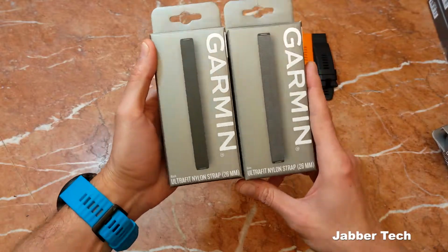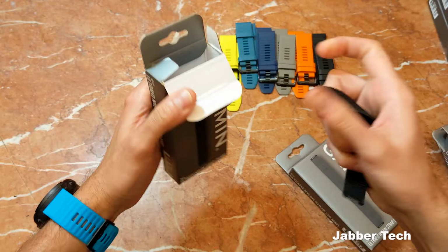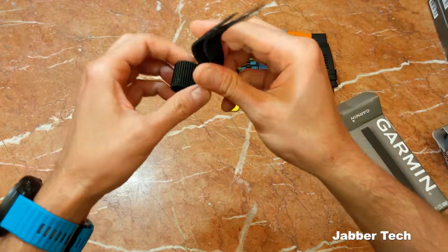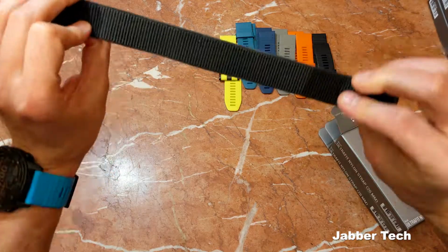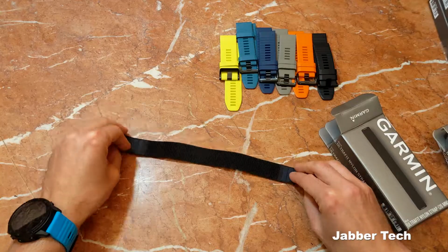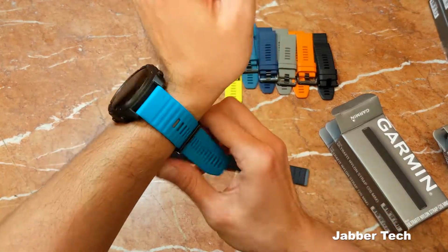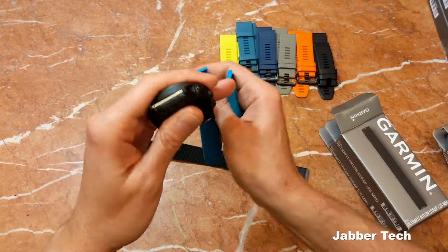Let's take a look at the UltraFit Nylon Bands. Now this is definitely something different. This is really a different style than I thought it was going to be. It's more just like a strap. You can see it has a little bit of stretch to it. So this is definitely a different style than what I've ever used on a watch before, to be honest with you. I've really only used silicone bands in the past, but I am pretty excited to see what this UltraFit